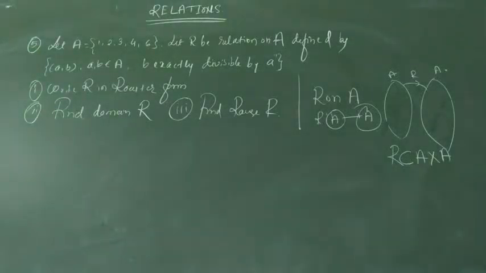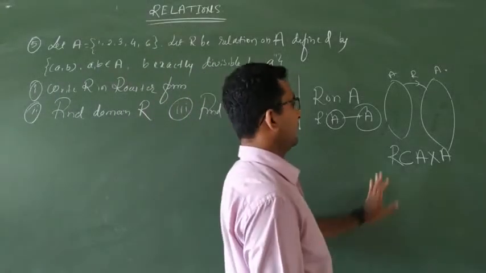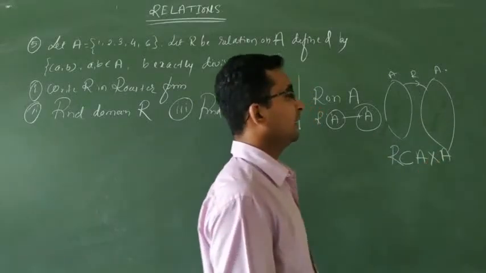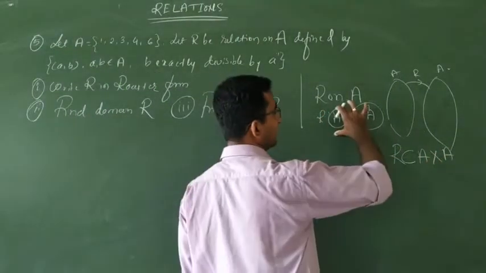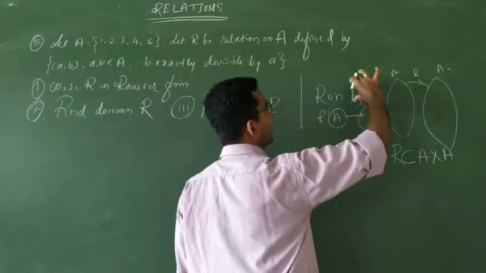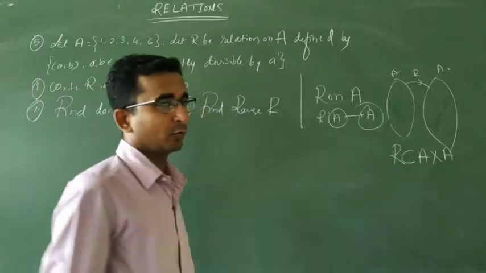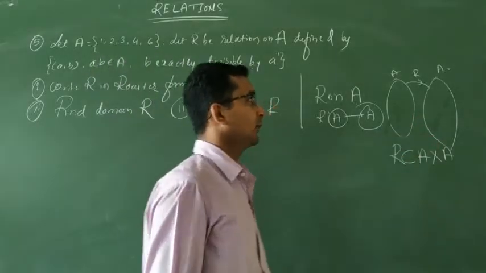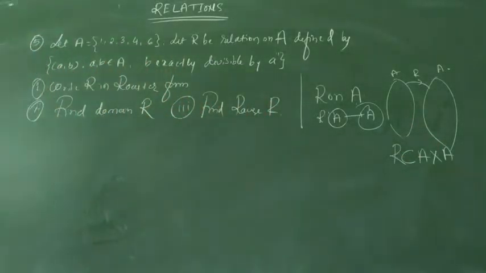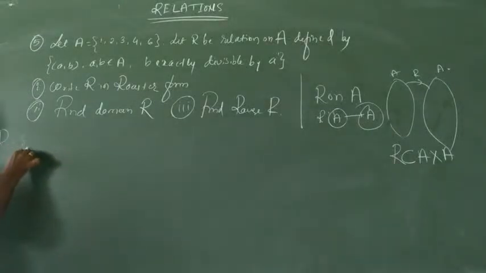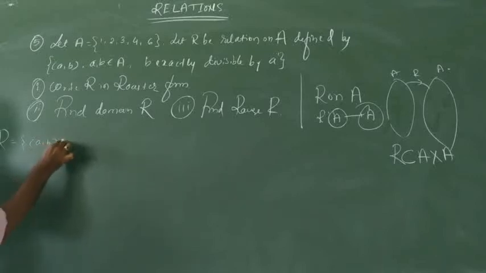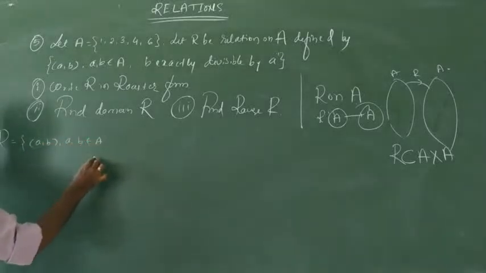In the beginning I told you, whenever the relation is defined on only a single set, then the codomain, that is the second set, will again be the same. Whenever they define it as R on A, this is the domain, and the codomain, the second set, is A only. So they have defined the relation as the pair (a, b) where a, b belong to A,